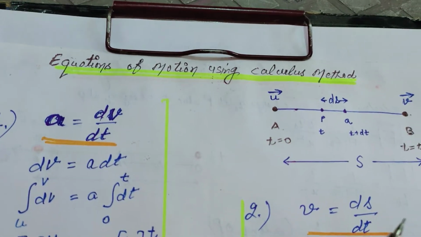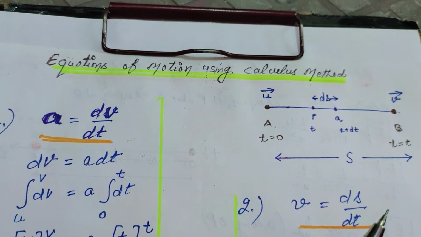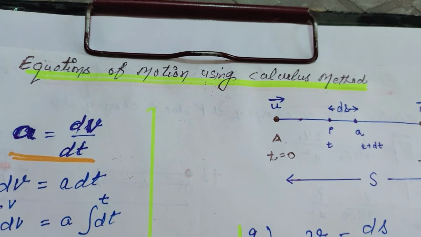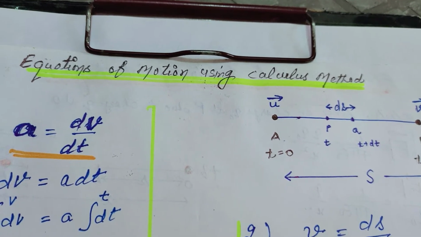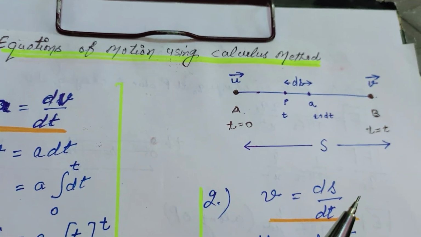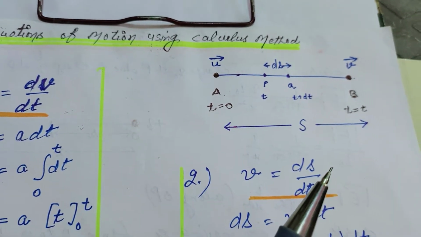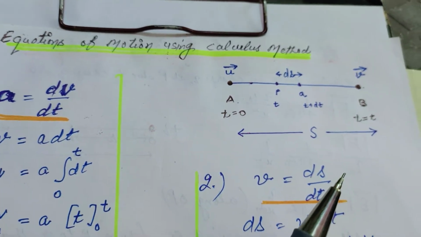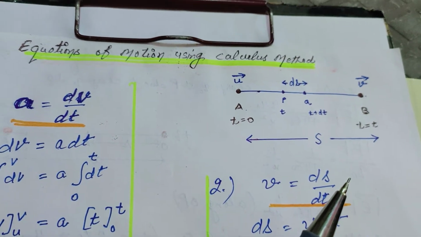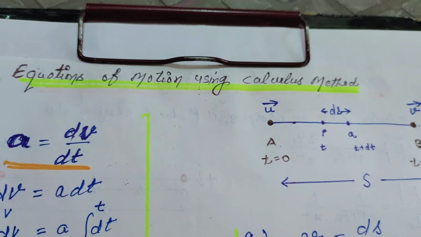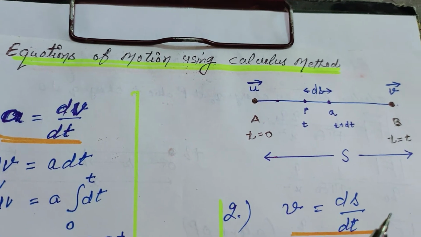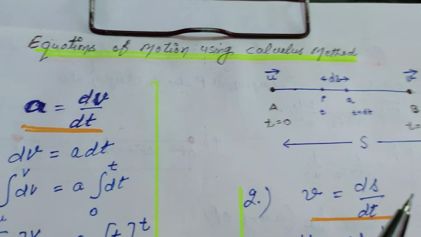So dear students, today I will start with equations of motion using the calculus method. The same equations you had already derived in ninth standard, but in that class there were only two methods. One was the algebraic method, in which you directly solve these equations, and the second was the graphical method. But now, as you are in plus one, there is one more method, that is the calculus method. In order to understand this method, you must have studied integration and differentiation.